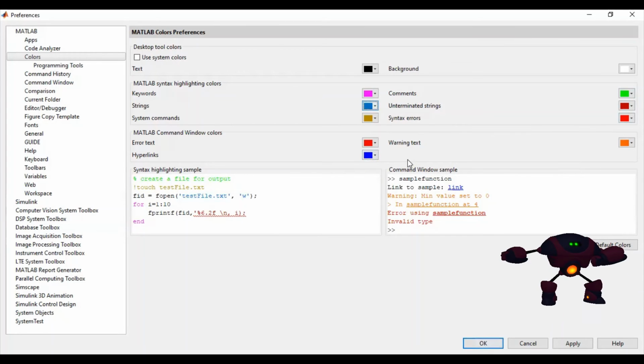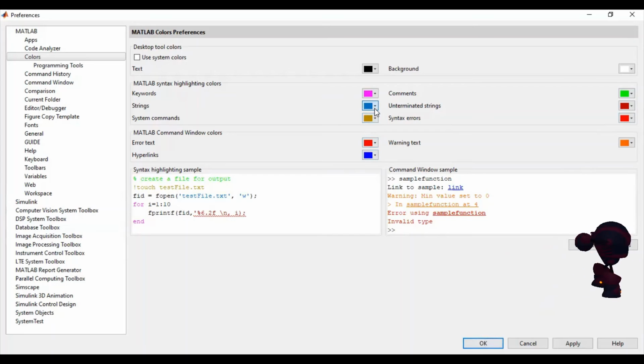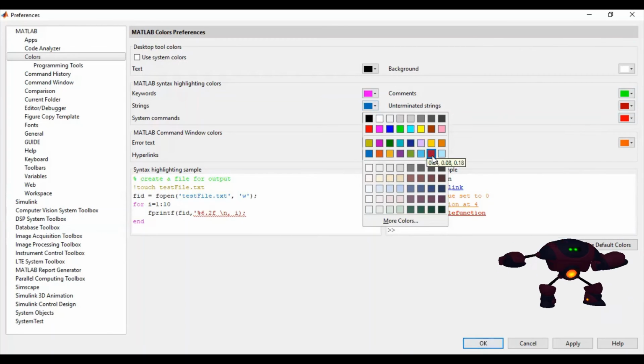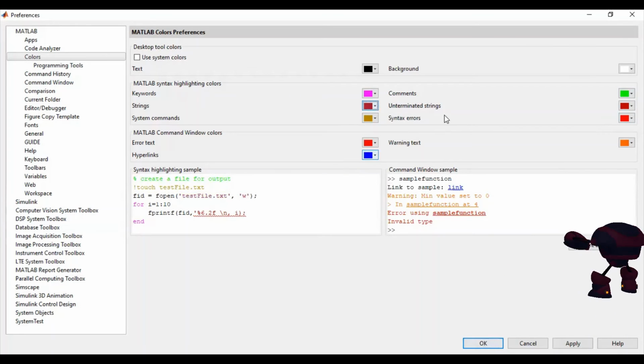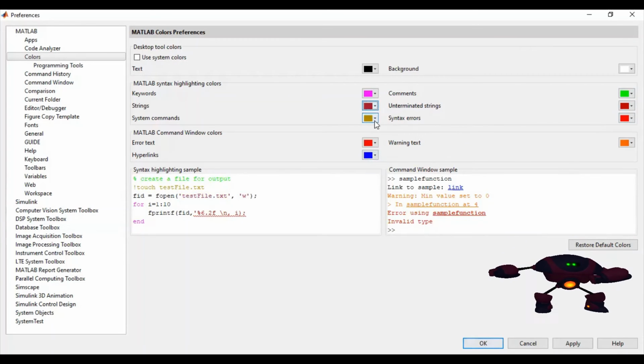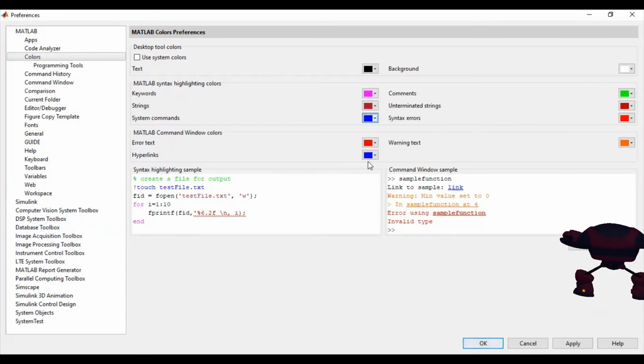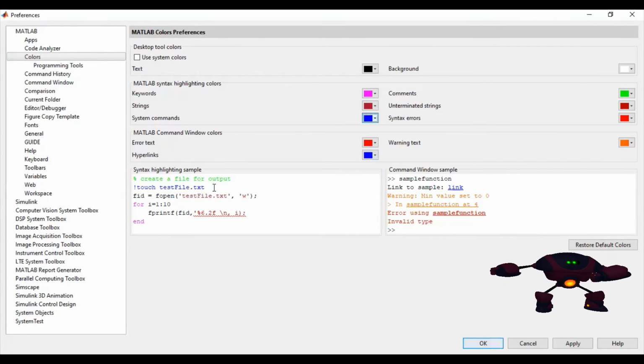So I can change this to blue, and if I want to change this color, I can change it. So the next thing is system commands. Let me check it out. System commands, that is touch testfile.txt, and